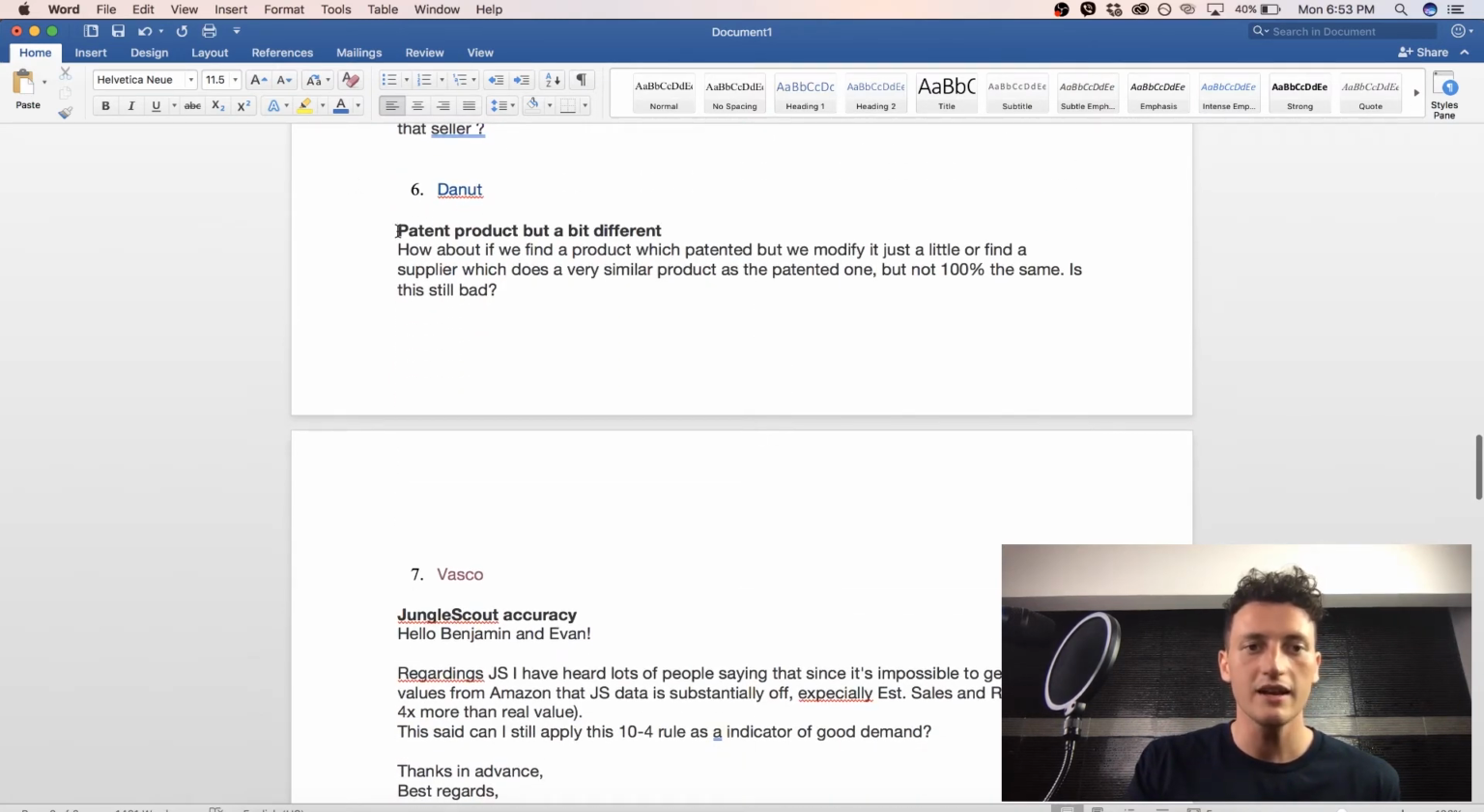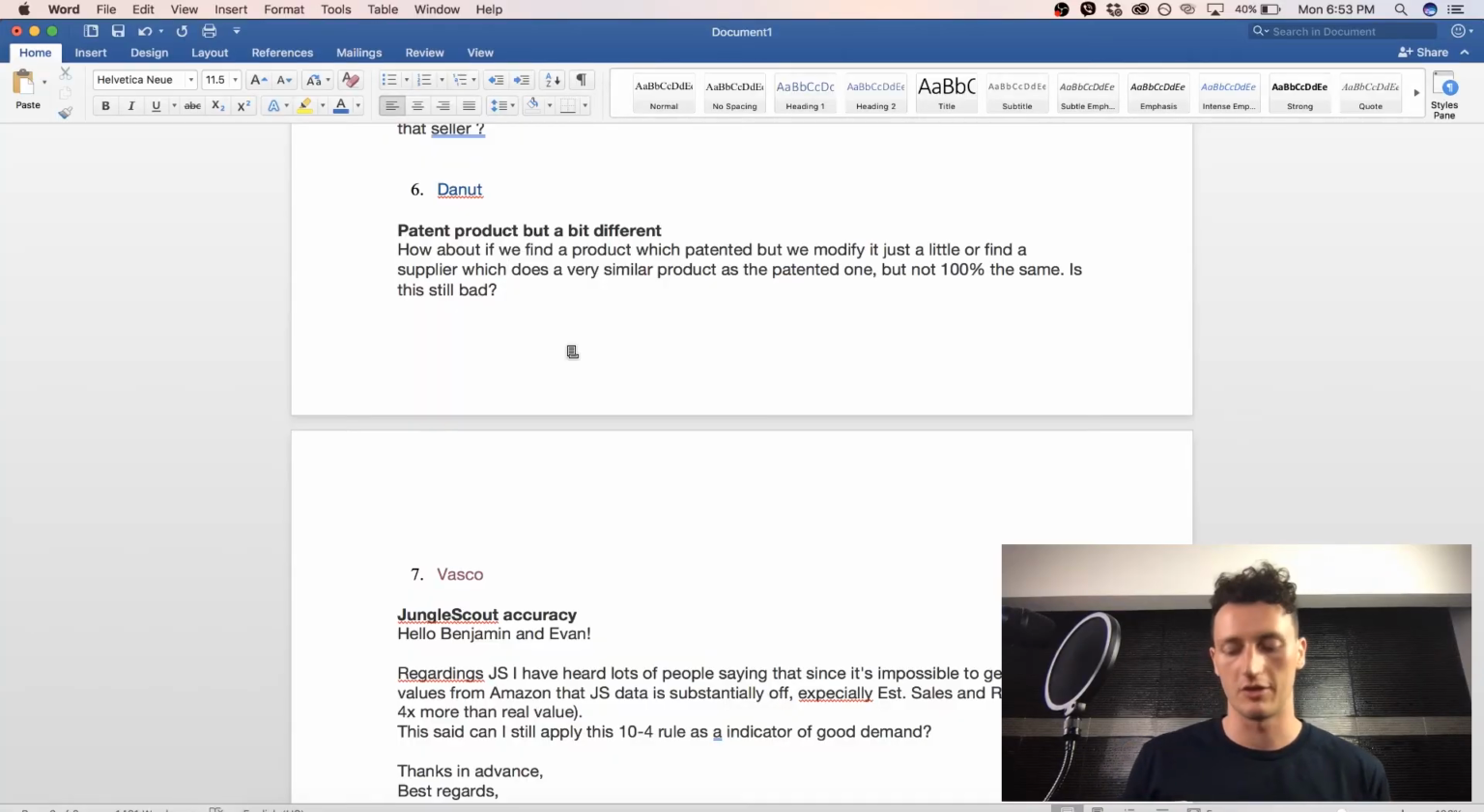The next question again, patented product, but a bit different. How about if we find a product which is patented, but we modify it a little bit? So I can't give any specific advice here on patents, and I don't know the product. I don't know what you're changing, so I really can't be helpful here at all. I would suggest if it's a big investment on your part, definitely hire a patent lawyer or find some legal